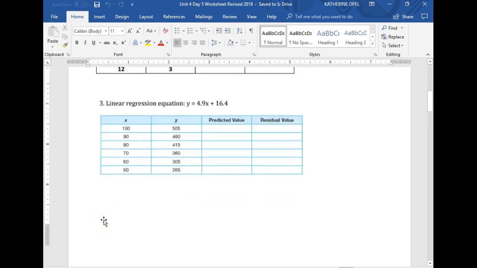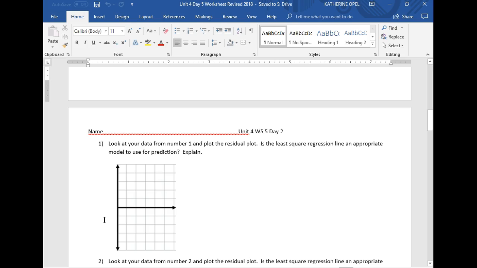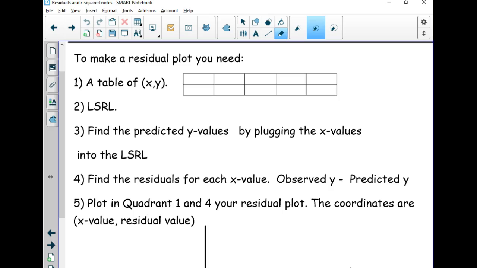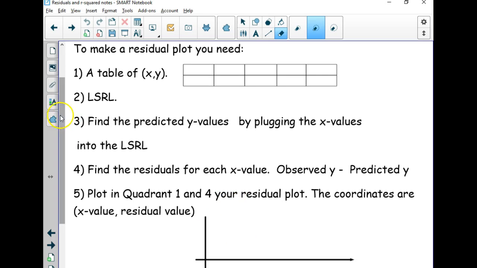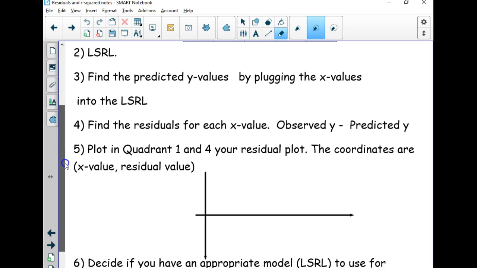Today what we're doing in class, the goal is that you can make a residual plot, okay? And how you make a residual plot, for those of you who are working on it individually, I'm going to see if you can do it on your own. But let me just explain. So we just went through all of step 4 yesterday, our observed Y minus our predicted Y. In quadrant 1, which is your quadrant right here, and quadrant 4 is where your residual plot will go, okay? So for example,